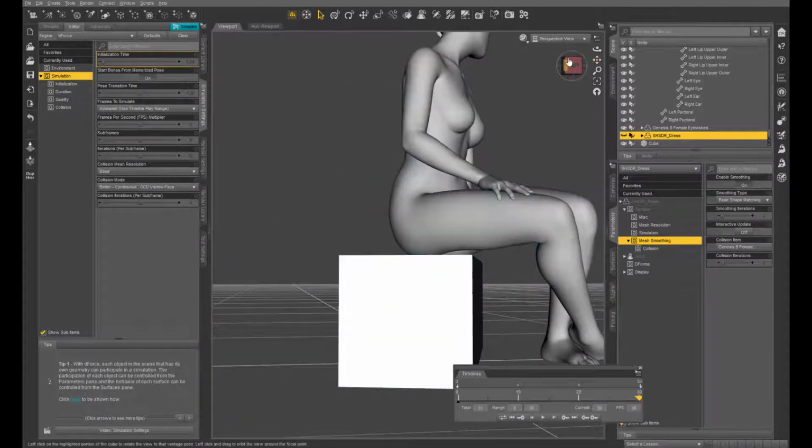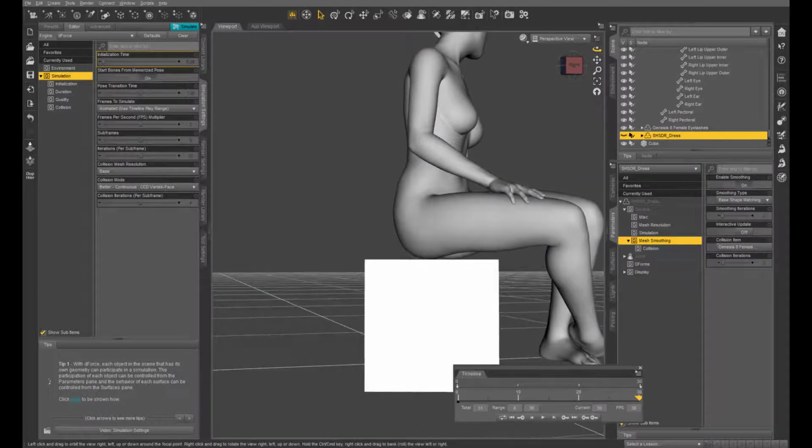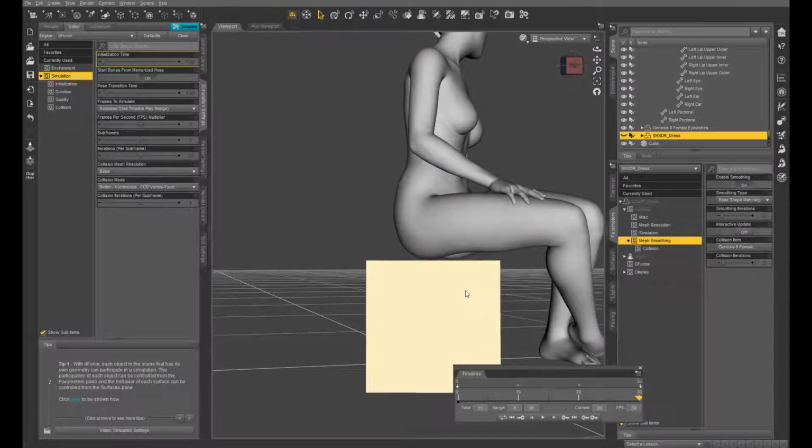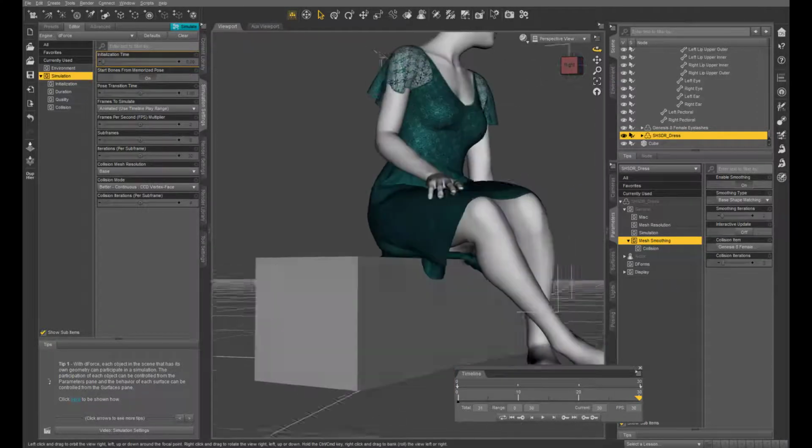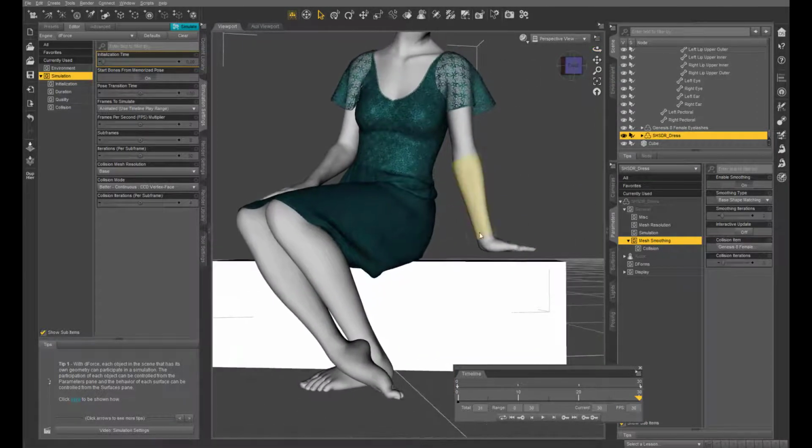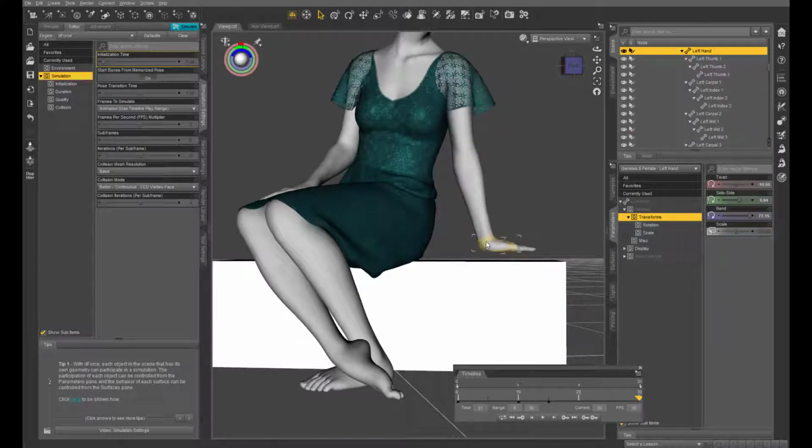If we look at it without the dress, the pose was probably meant to sink the figure into this block, but that is something dForce can't handle. When the figure is directly inside the seat, you will get an explosion. So we have to settle for this, and we'll just have to tweak the pose. So I select the hand and drag it down a bit. Let's select this one